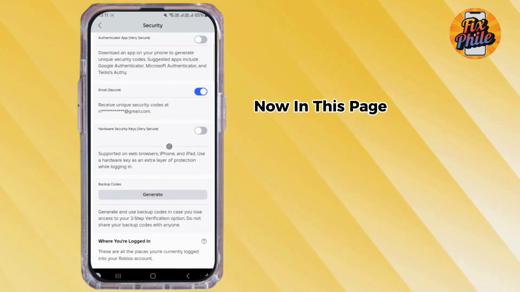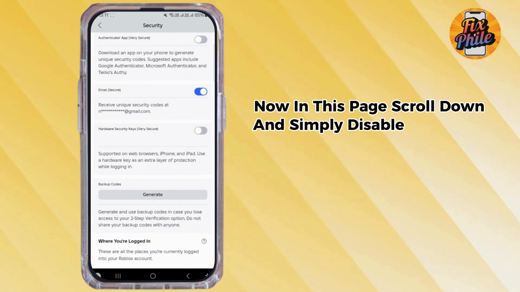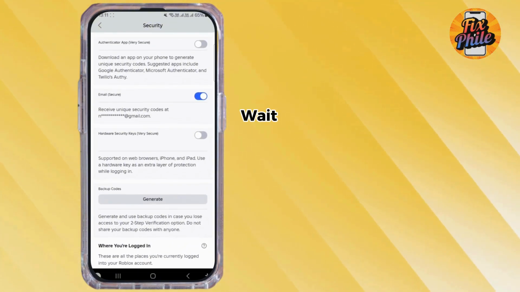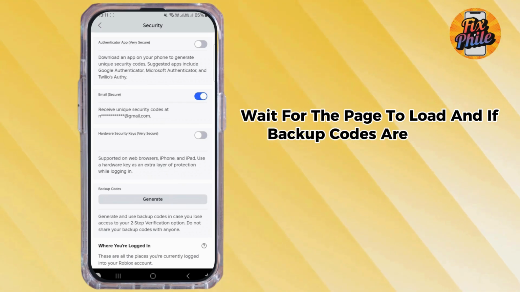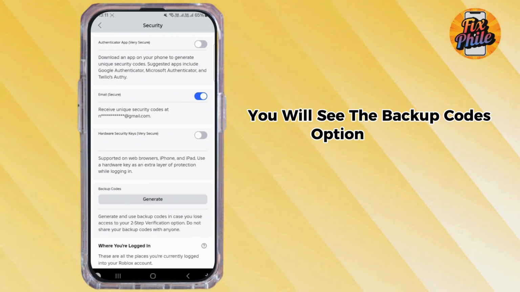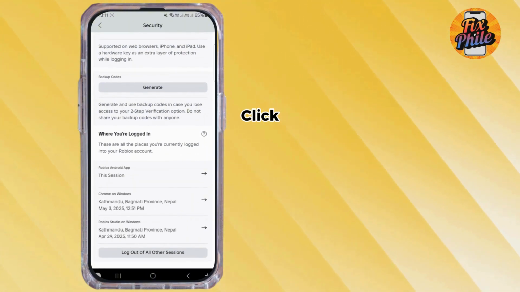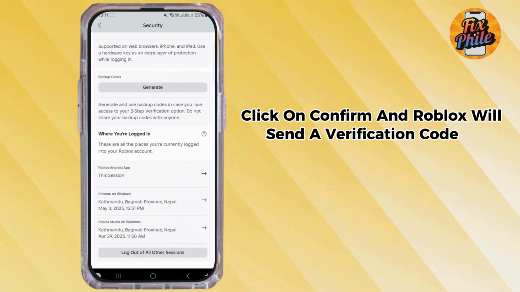Now in this page, scroll down and simply disable the email option by toggling this switch off. Wait for the page to load, and if backup codes are enabled, you will see the backup codes option enabled. Disable the email option, and after disabling it, click on Confirm, and Roblox will send a verification code to your